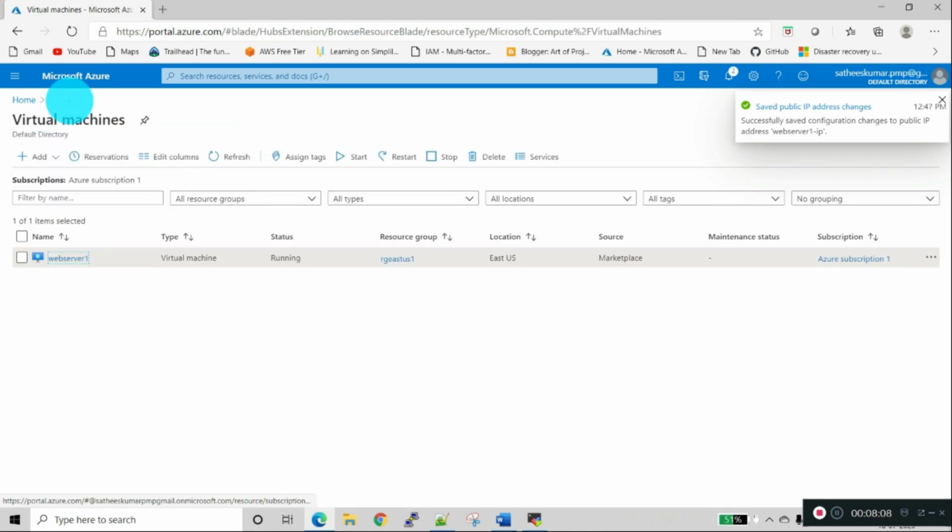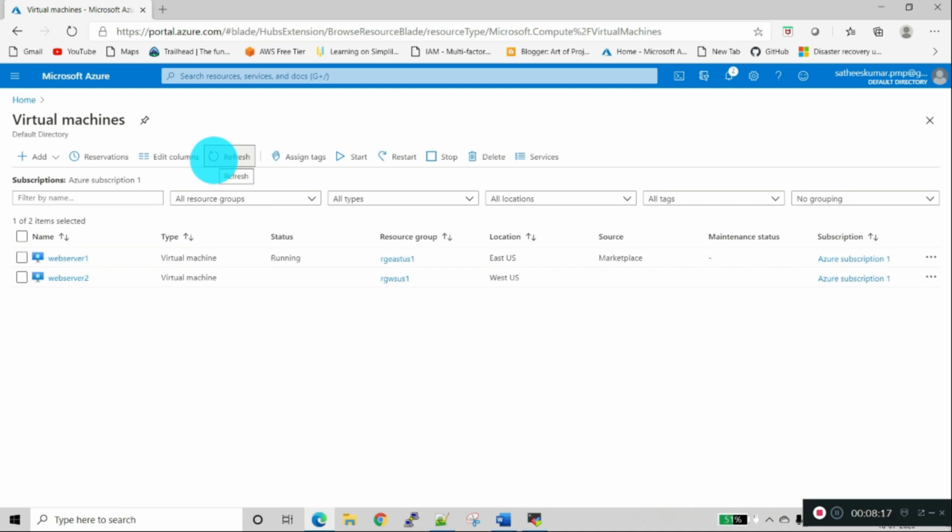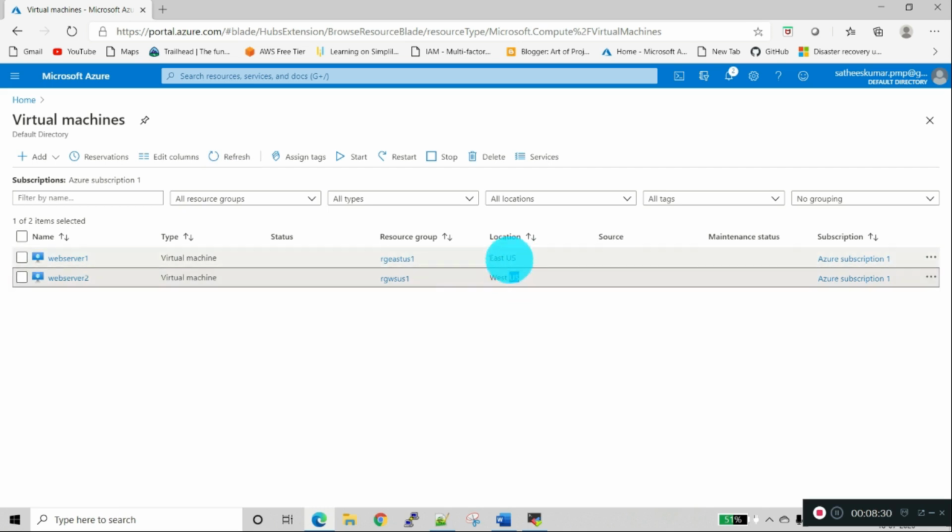Now we will go to virtual machine 2. Virtual machine 2 is still not created. Let's refresh. You can see both the machines are running in two different locations.